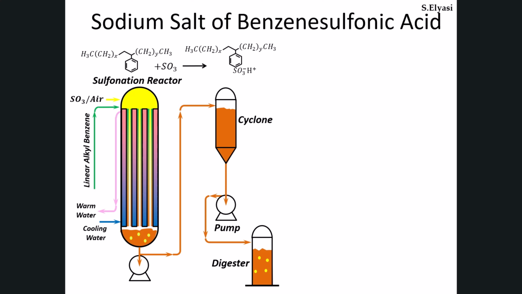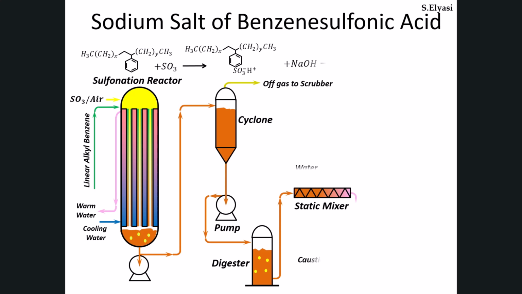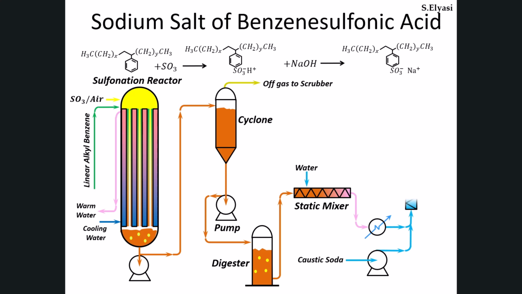Downstream, a cyclone or similar separator removes entrained liquid from the gas stream. The off-gas is then treated in an appropriate scrubber to remove residual SO3 before venting or further handling. The LABSA product is collected and commonly sent to neutralization, often after dilution with chilled water, using caustic soda, NaOH, to produce linear alkyl benzene sulfonate, LAS, which is subsequently blended with other ingredients to formulate detergents. Key design themes include dry feeds, a uniform thin film, strong and reliable heat removal, short and controlled contact time,